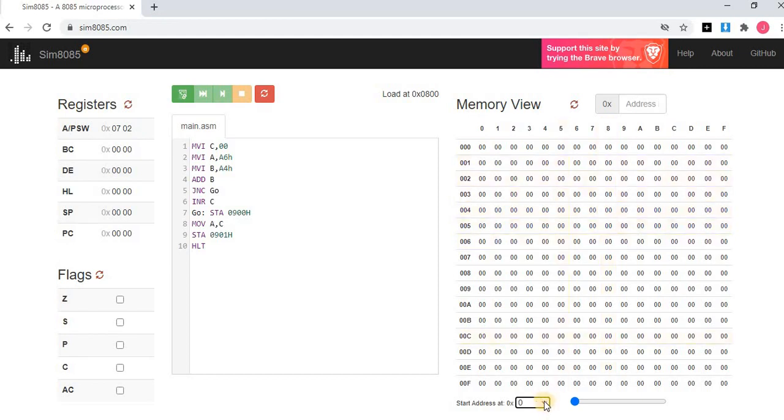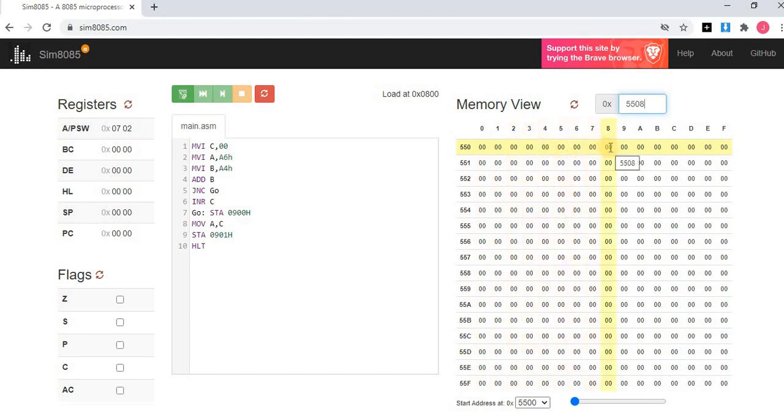Suppose I want to go to 5000 or 5500. You just type it here for a particular memory location, hit enter, and it will go to 5500. Suppose I want to go to 5508, again it's in the same position. You have to navigate to that particular location.